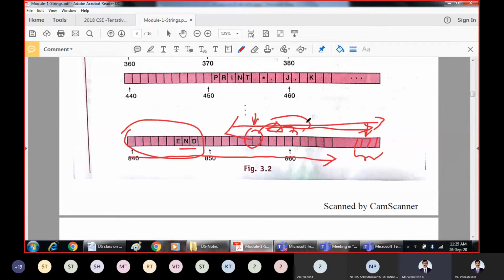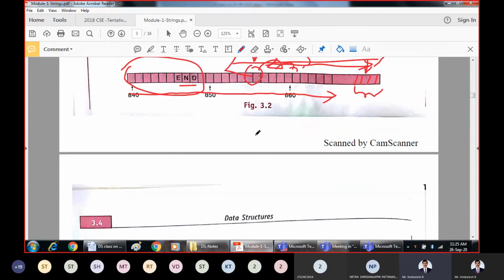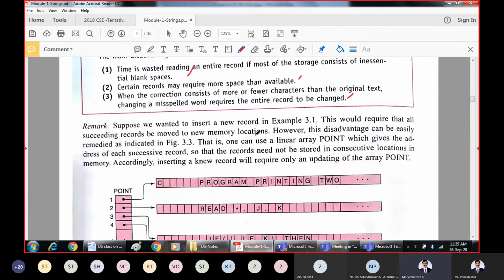If you want to delete, you have to shift everything left. If you want to add, they have to be shifted to the right. So addition or removal is going to affect the entire record. That is a disadvantage.